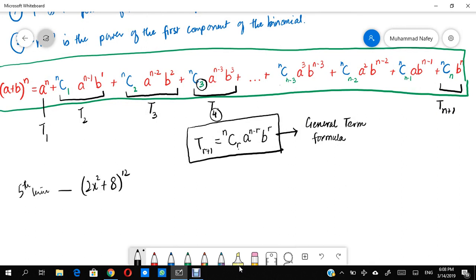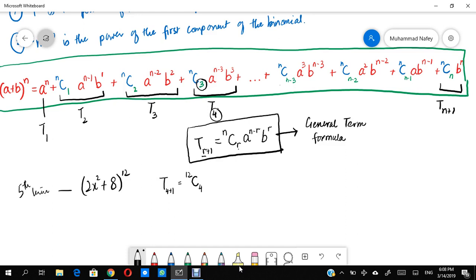So there are two ways to go about it. The first way obviously would be to start off with your expansion and stop at the fifth term. A shorter and a smarter method would be to use the general term formula directly. So the general term, according to the general term formula, because we need to find the fifth term, so r would be 4. So we are actually finding the T4 plus 1, and that would be